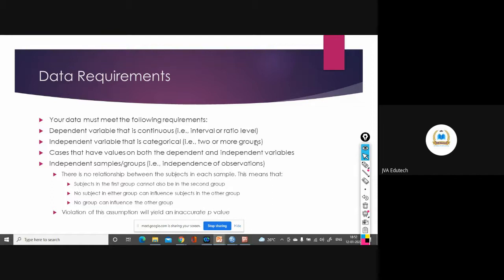And cases should have values on both the dependent and independent variables. That means the number of observations taken on the dependent variable and the independent variable should be the same. It cannot be different.